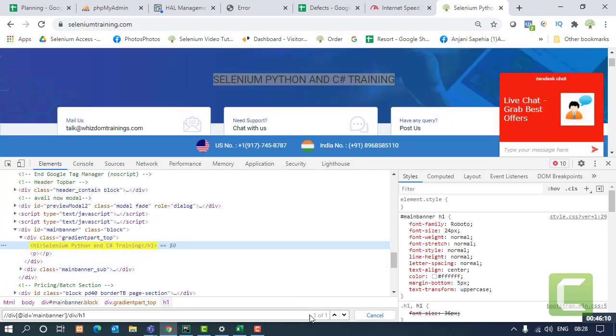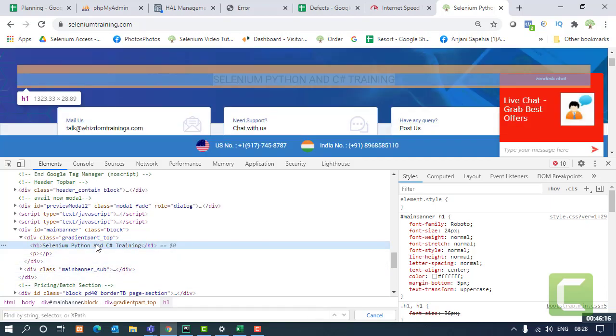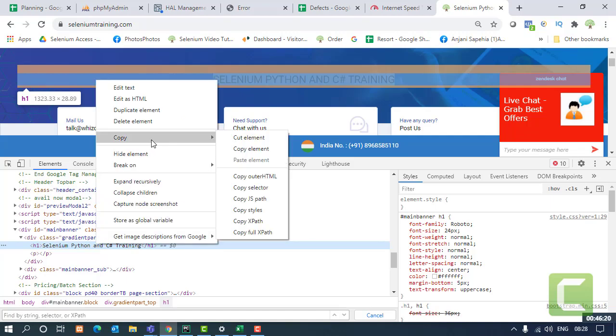Yeah, this is the element. Just right click over the highlighted part. You will get the option of copy, and in this copy option there are a few more options available like copy XPath and copy full XPath. So from here, you can also get the XPath.